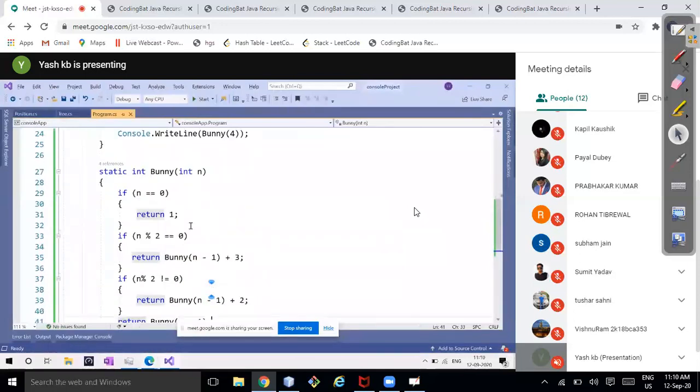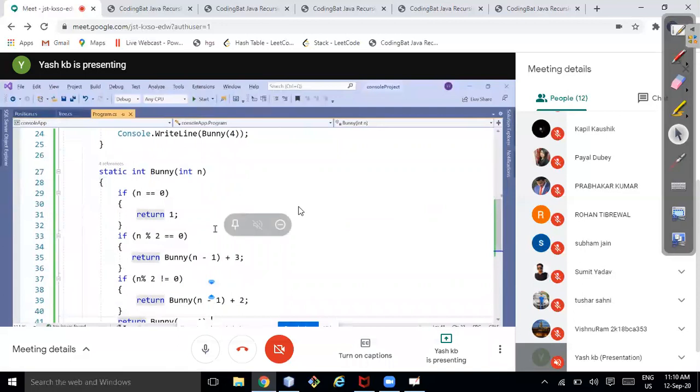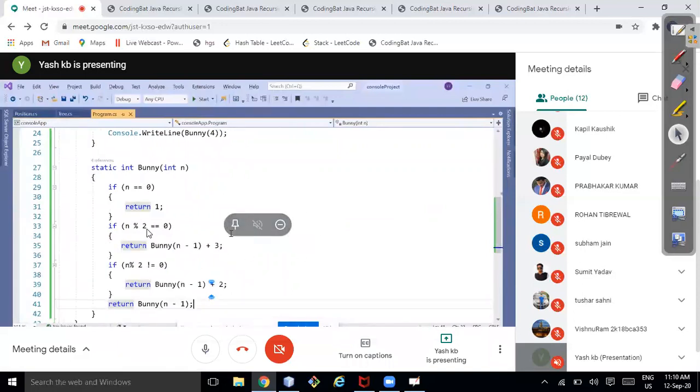This is the code, Manish. Okay. So in case of even number, we have 3 bunnies. In case of odd number, we have 3 bunnies. Okay. Why is the last return you have written?